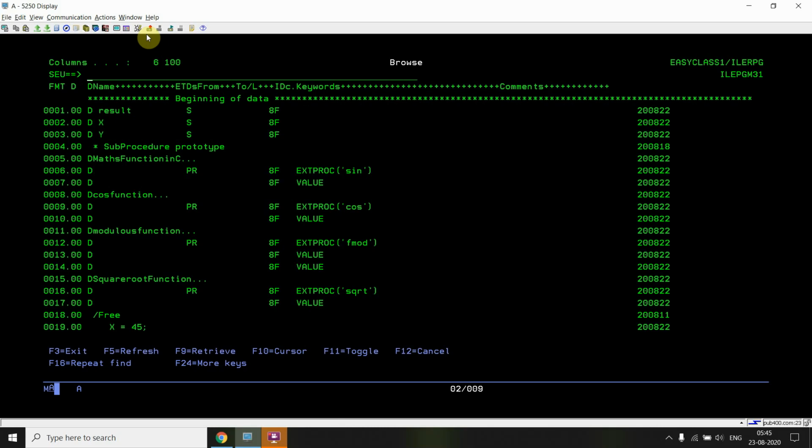So here you can see how we can call those math functions available in C. There were more. You can call them from here by directly prototyping them, and you can specify their name in extproc. These functions are case sensitive, so they are actually defined in lowercase, so I'm defining them with lowercase. If you try to write uppercase SIN in caps, you won't find that function.